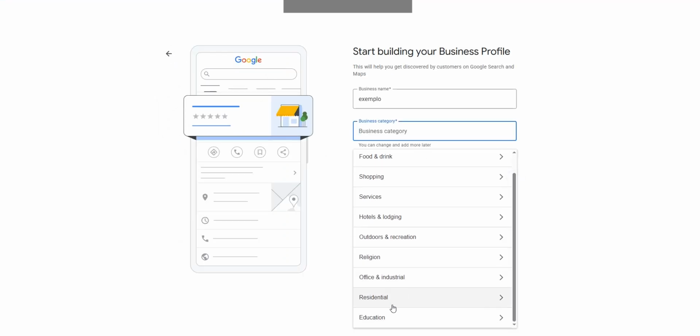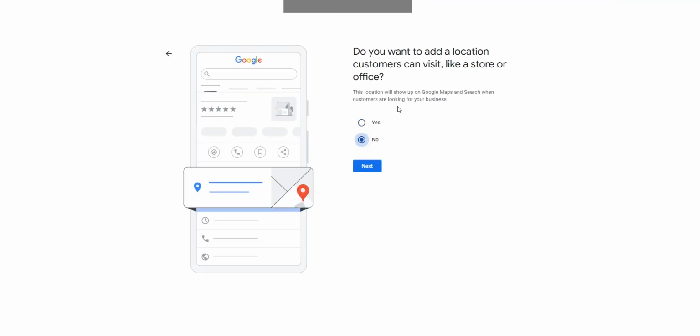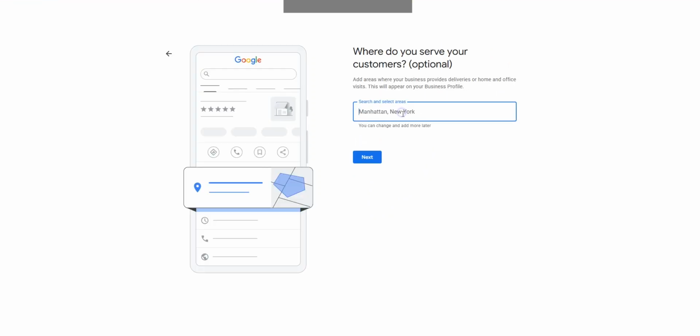After that, review all the information you've entered and continue to the verification step. Google may ask you to verify your business through a phone call, text message, email, video verification, or another available method. Once your business is verified, complete your profile by adding business hours, photos, a business description, products, services, and